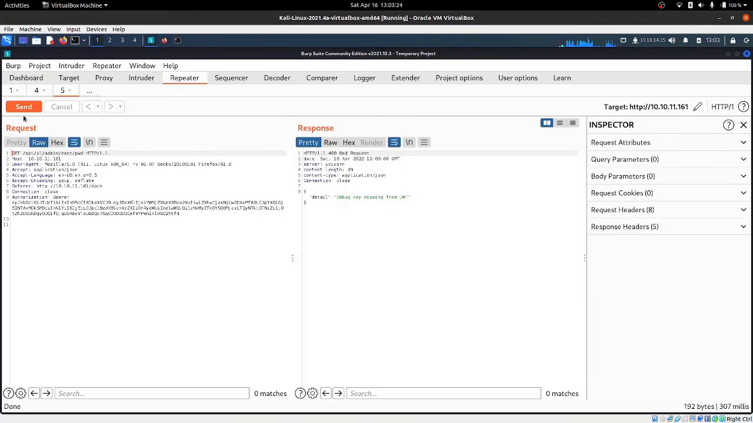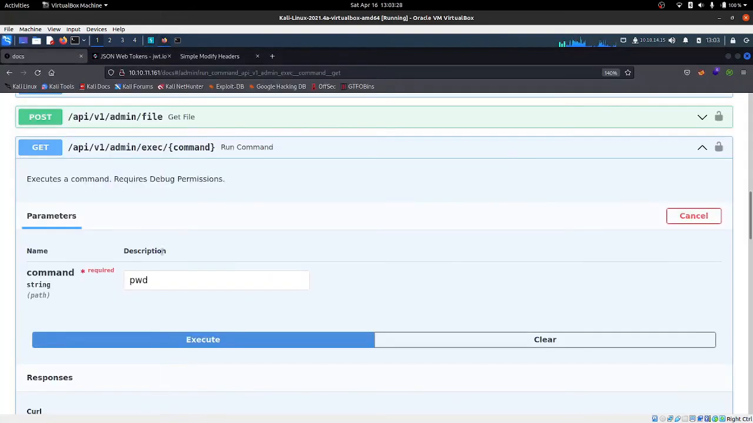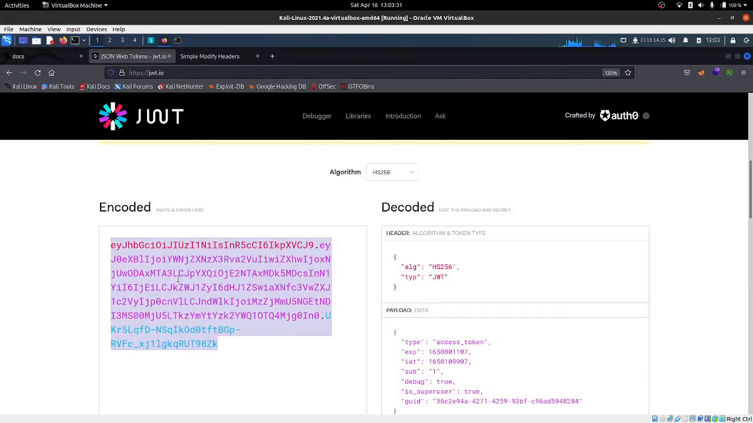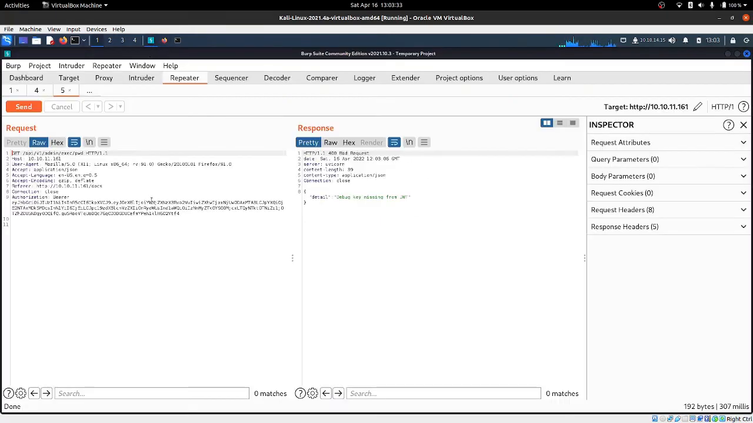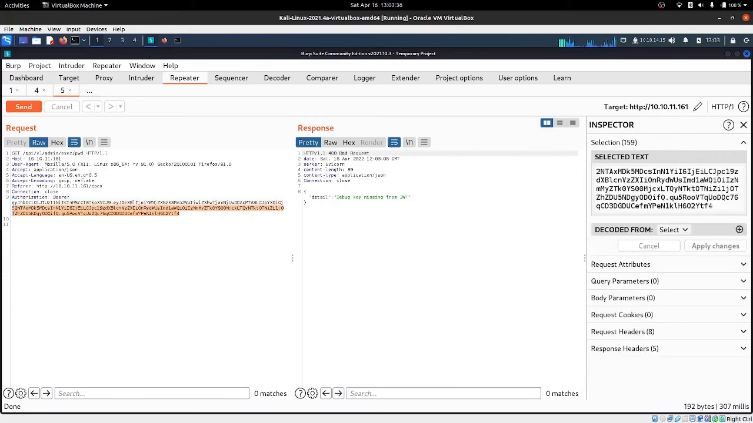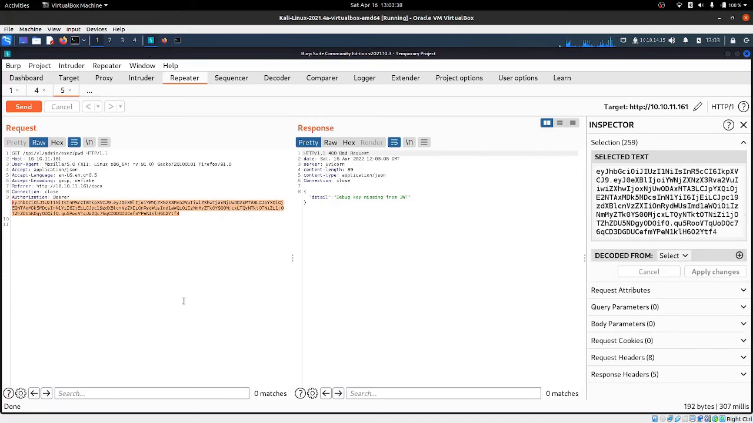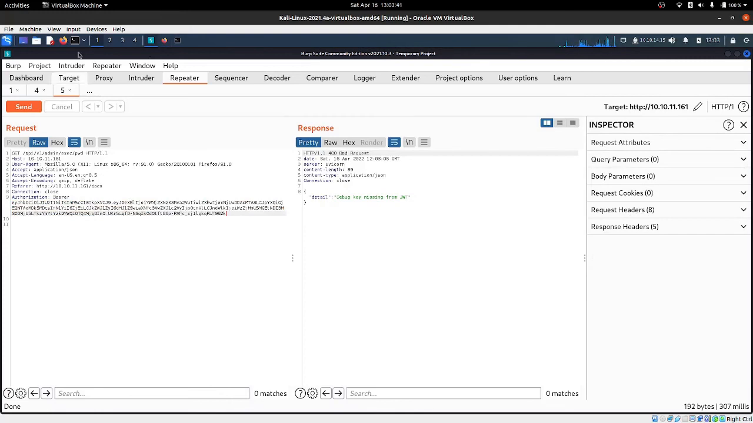If we try and send the request, it says that debug key is missing. So what we'll do is copy the JWT token from here, paste it in here, that is the updated JWT token with debug set as true. And now when we send the request, it says that the current present working directory is home HTTP UHC. So now we can